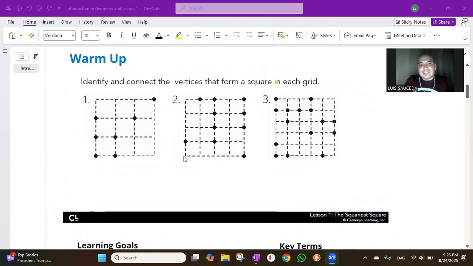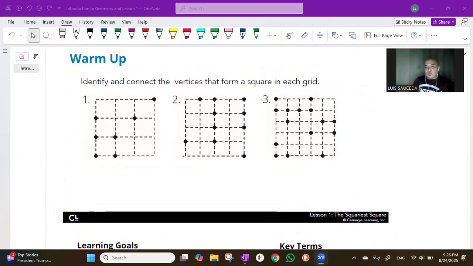Let's identify and connect the vertices that form a square in each grid. So you have three coordinate grids, also known as the Cartesian coordinate grid when you start seeing the X and the Y. Here we're just going to call it the grid. On the first one, if you look very closely, you start noticing that the leftmost at the bottom has a square. So if we connect the dots here,